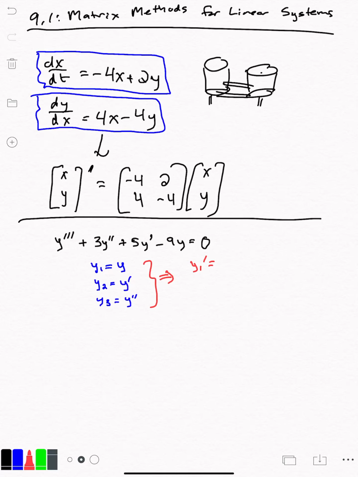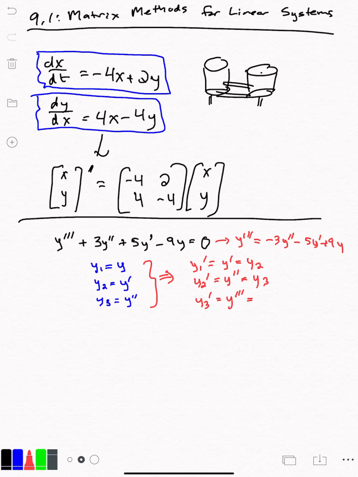Then y1 prime would be y prime, which is the same as y2, and y2 prime is the same as y double prime, which is y3, and y3 prime is y triple prime, and if you solve for it up here, is minus 3y double prime minus 5y prime plus 9y,